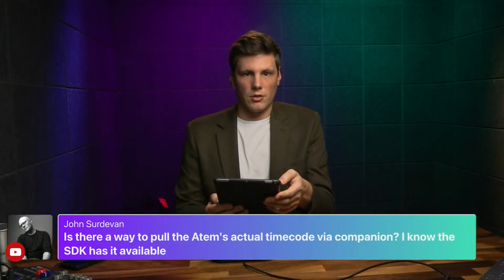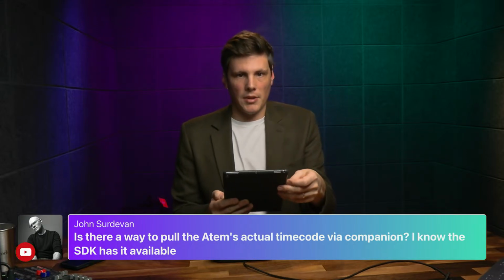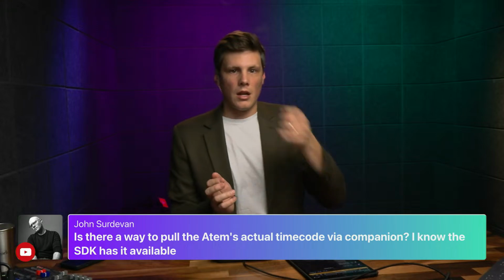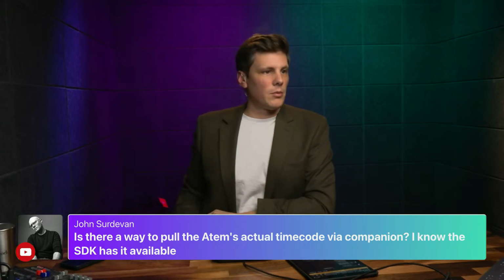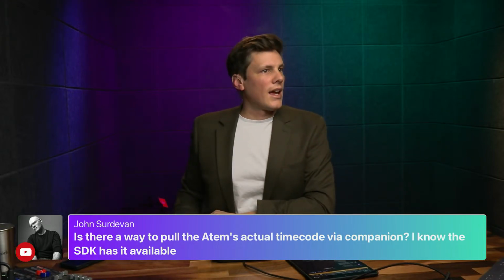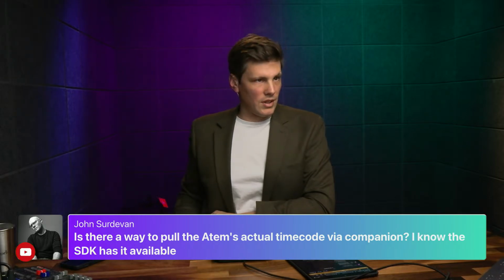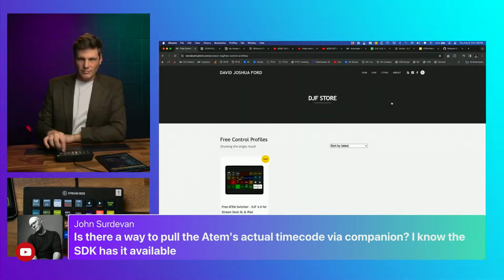All right, a couple more minutes here if you have any questions, and then we can wrap up. Back on to timecode stamping. Is there a way to pull the ATEM's actual timecode via Companion? I know the SDK has it available. That's a great question. If you go to my website and download the free control profile that I had here,